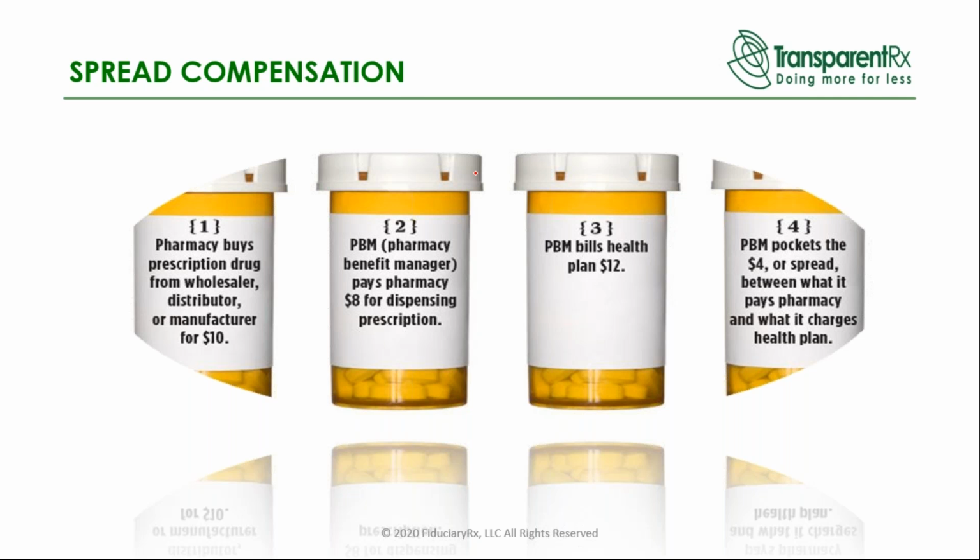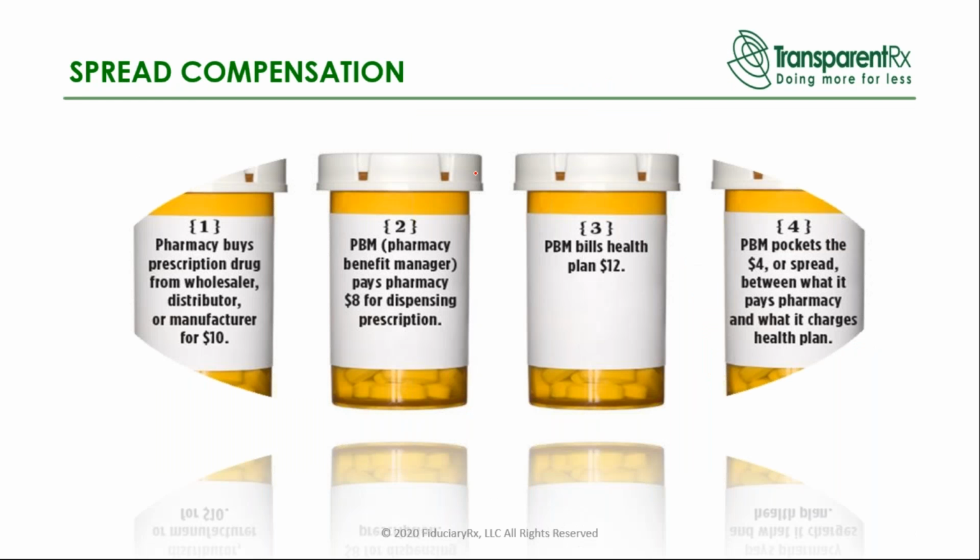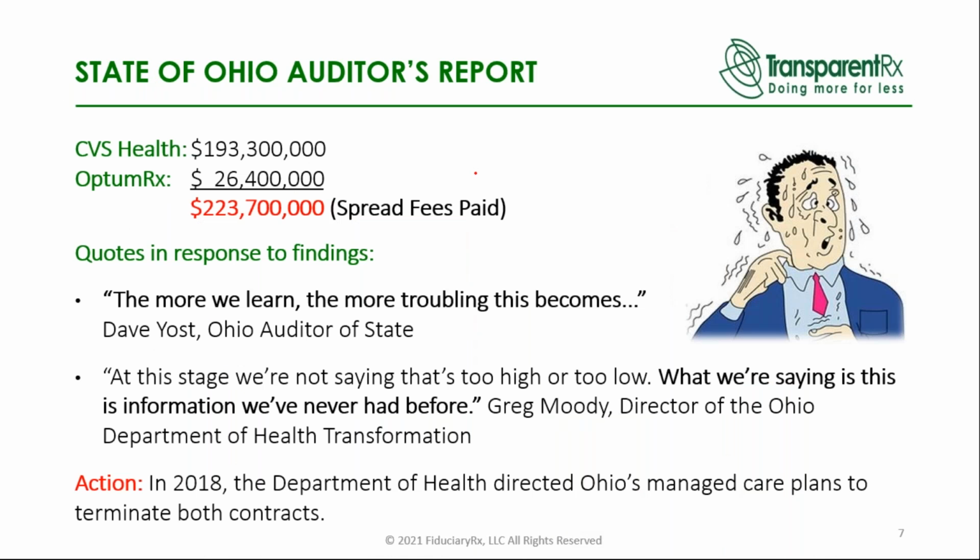The spread is a markup either from the retail claim or the mail order claim. A spread is not a mistake. A spread is not a billing error. A spread is intentional. It is a way a PBM can generate its management fee. And let's be clear, a spread is the difference between what a PBM's client, a third-party payer, is being billed and what the pharmacy is being reimbursed by that same PBM. Any difference is what's referred to as a spread.